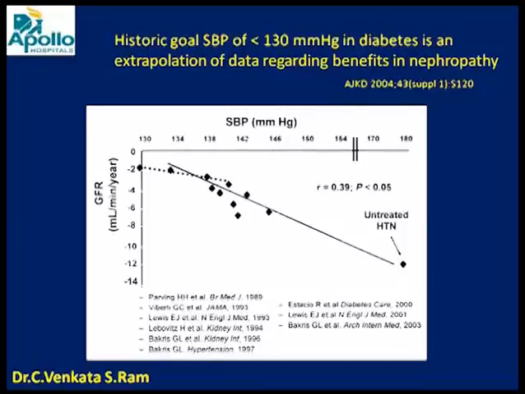This was a paper that was published 3 months back in 400,000 patients with hypertension and concomitant conditions being followed. The best outcome was in patients who achieved a systolic blood pressure of 130 and a diastolic of 79. So in my opinion, Mr. Chairman, ladies and gentlemen, the goal blood pressure in a diabetic hypertensive should be 130 over 80, and if you achieve a lower blood pressure, there does not appear to be any harm done.